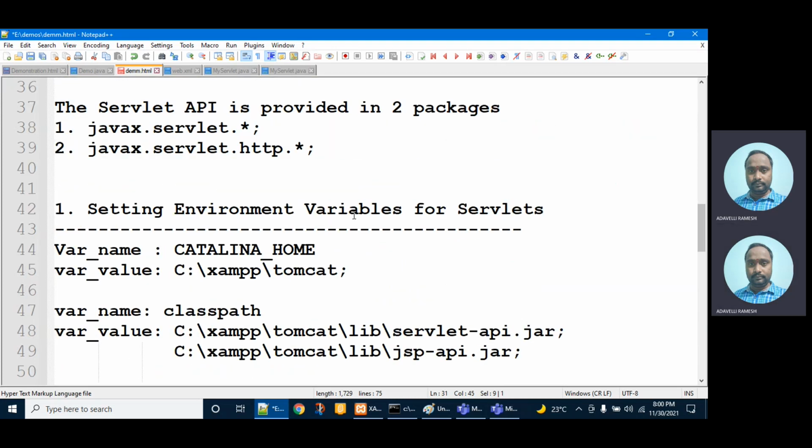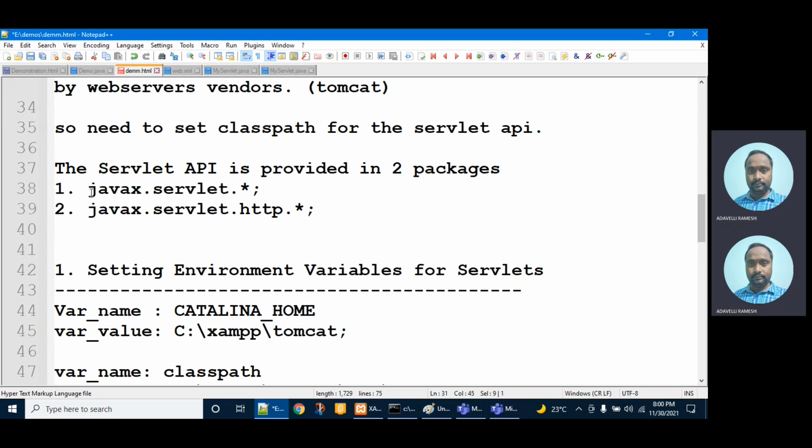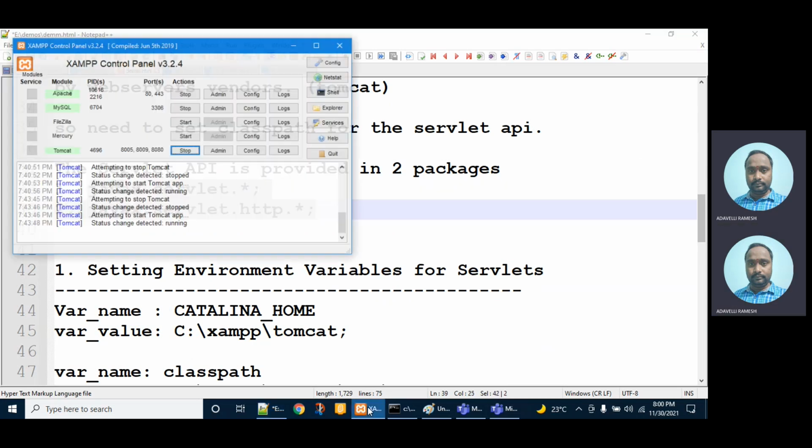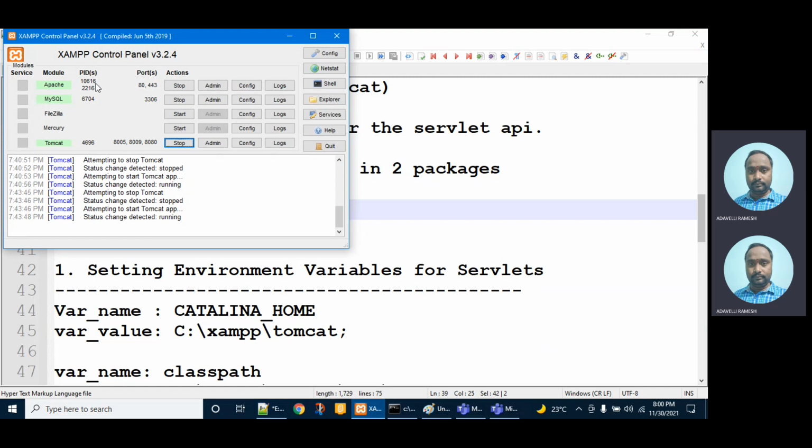Next, before getting this servlet API, we need to install the XAMPP server. When you install XAMPP, you will get a control panel like this. On this control panel, you select which one you want: Apache, MySQL, or Tomcat. My requirement now is Tomcat.